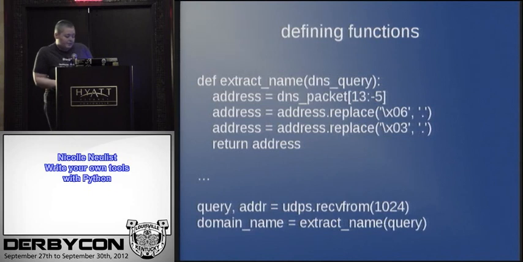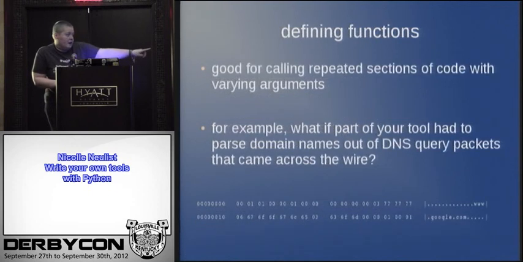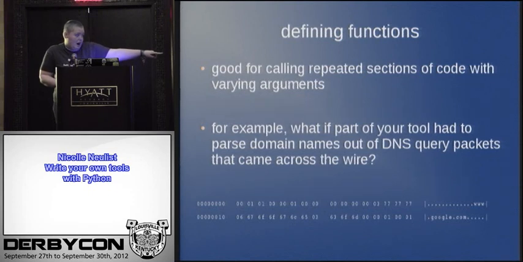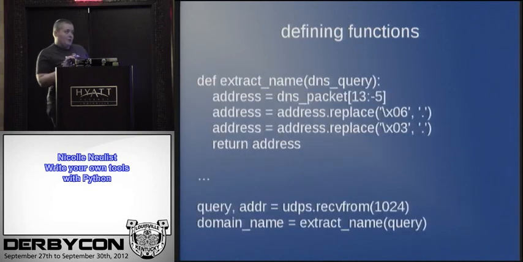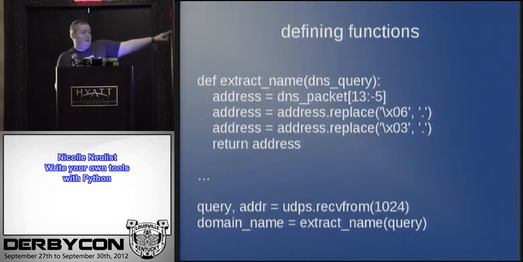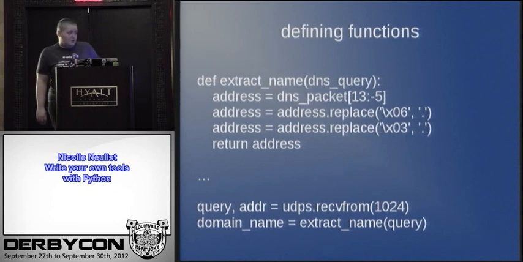And then, as you can see there, you've got www.06, google.com in ASCII hex 03. So what you want to do is replace 6 with a dot, 3 with a dot, and it's just going to return a string that says www.google.com. And it's going to work like that.